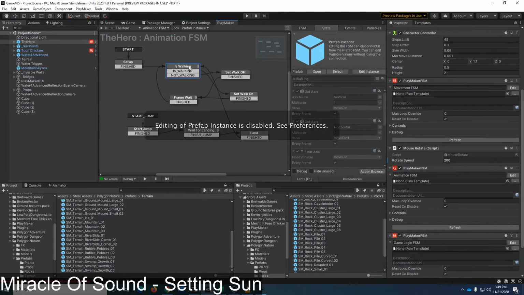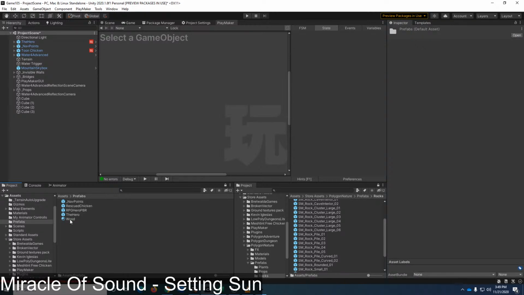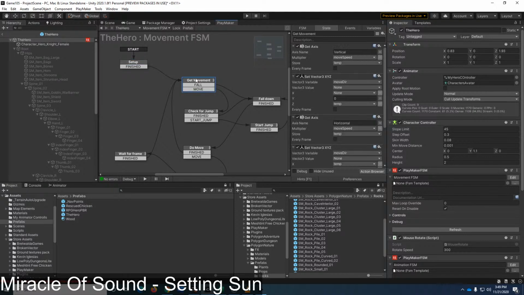Let's check my animation. Is walking. Oh, right, I can't modify prefabs. So let's... There we go. Okay, so movement.